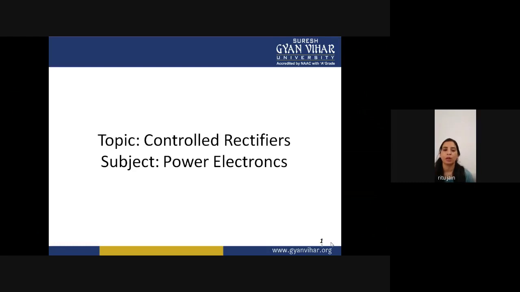First we want to discuss diode and SCR. So, what is a diode? A diode is a PN junction device. It has two terminals and two layers. Actually, it has one P layer and one N layer. And P layer means